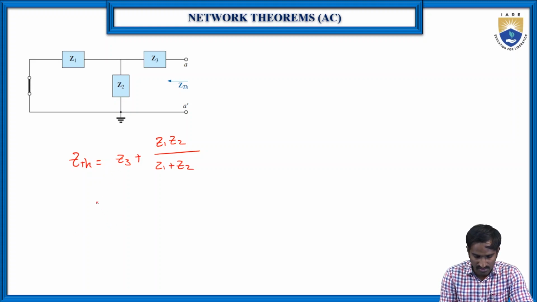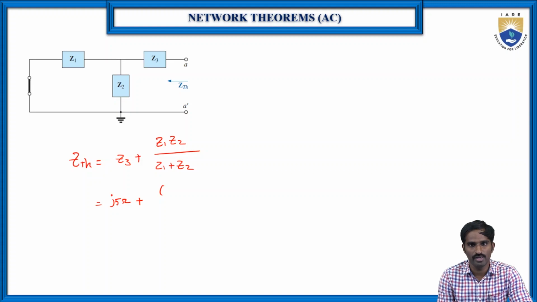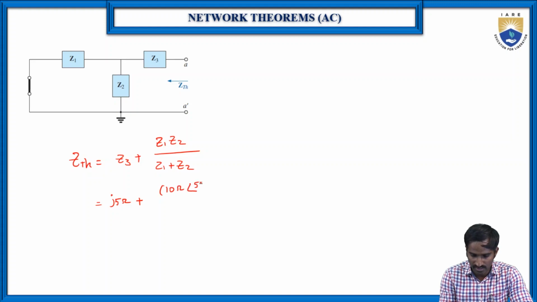Here Z3 is j5 ohms plus Z1 Z2, where I have converted the rectangular form into polar form. So the Z1 value is 10 ohms at an angle of 53.13 degrees, and Z2 is 5 ohms at an angle of minus 53.13 degrees, divided by